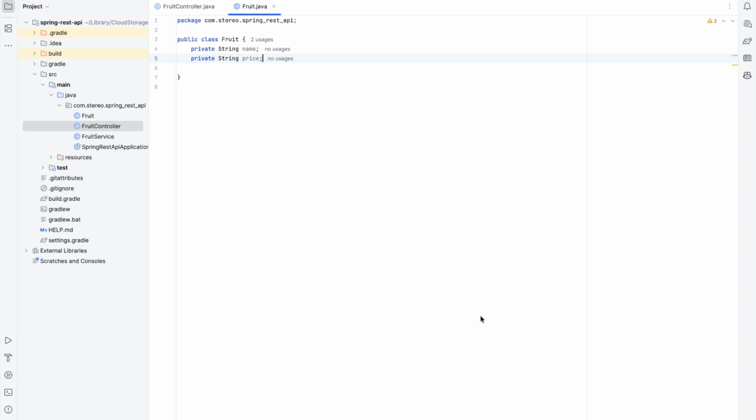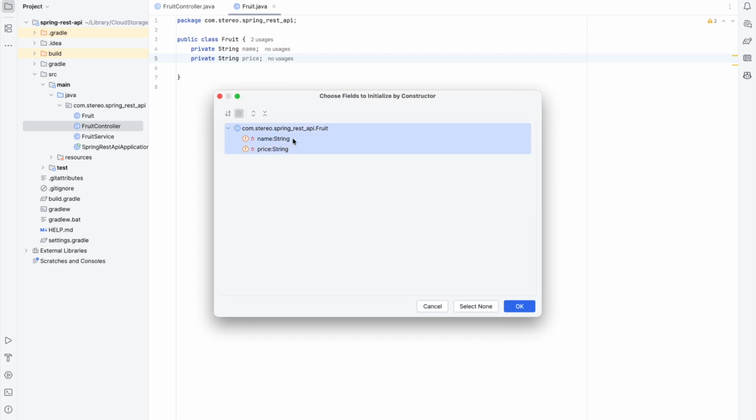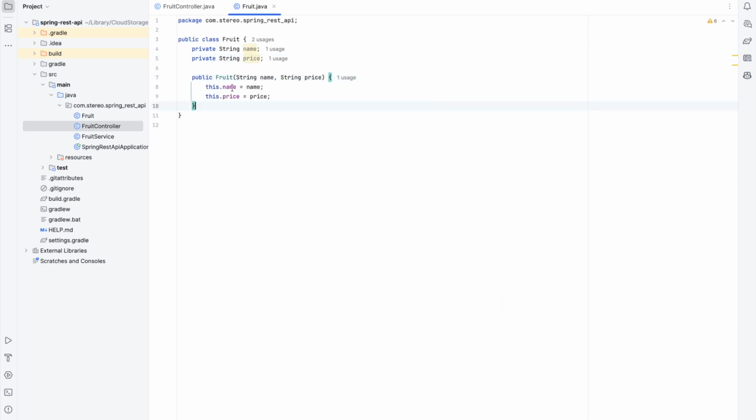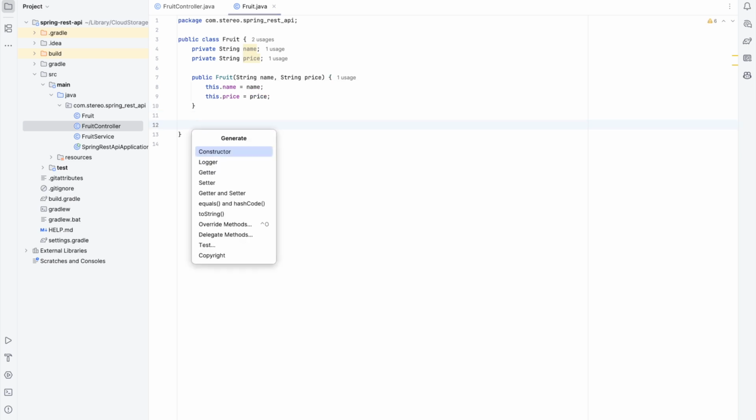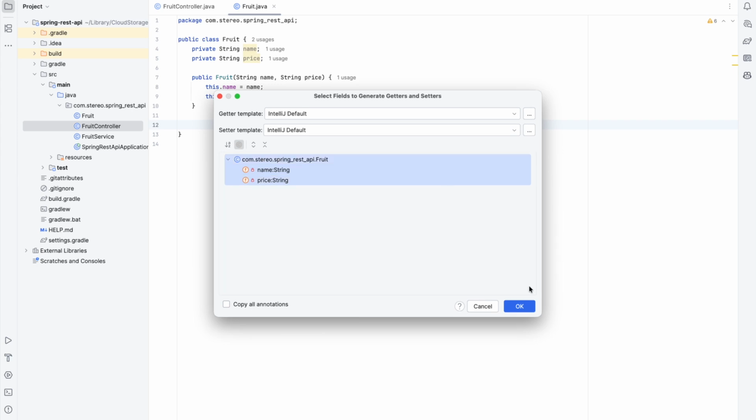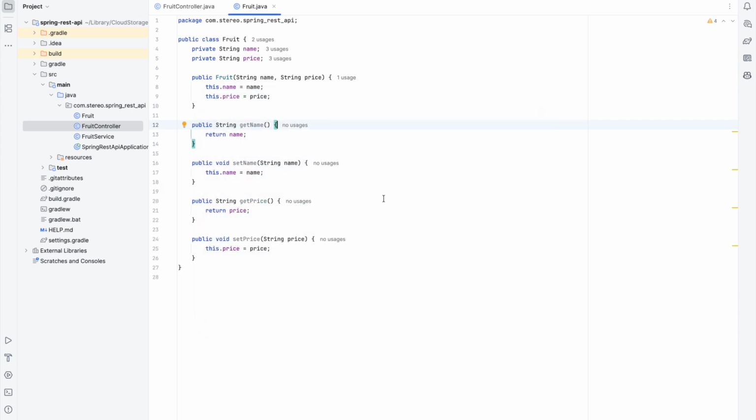So the first command is Command N. If you are on Mac, then you can press Command N, okay, and this will open this particular pop-up, so you can generate constructor, getter, setter, toString method, if you want to generate. So let's say if I want to generate a constructor, then you can just select and generate your constructor. And then let's say if I need getter, setter, I just again press Command N, and you can just select getter, setter, and you are able to do it. And in Windows, you can do Alt plus Insert, okay. So this is the first command.